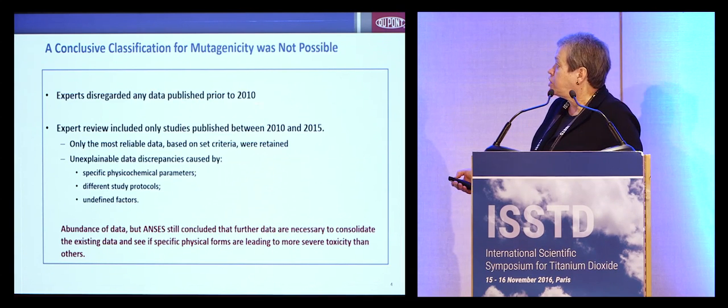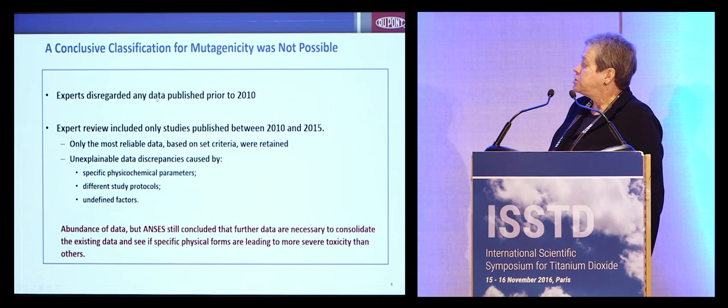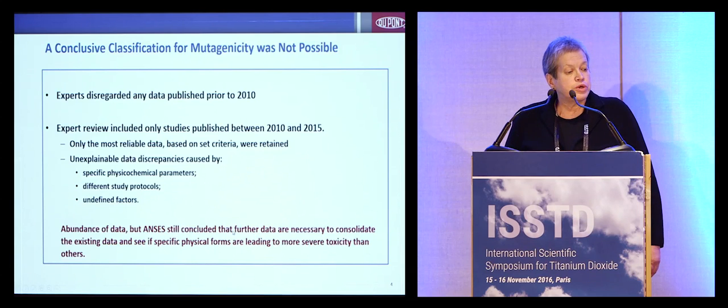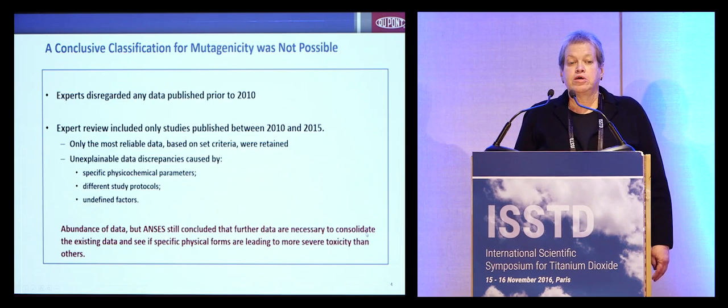A conclusive classification for mutagenicity was not possible. Here you can see the ANSES experts disregarded any data published prior to 2010, which I would have done as well. That included probably some of my own publications. The expert review included only studies published between 2010 and 2015. They looked at the most reliable data. There were unexplainable discrepancies in the data caused by physicochemical parameters, different study protocols, and undefined factors. There was an abundance of data, but ANSES still concluded that more data is needed,